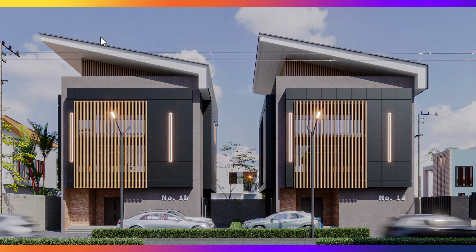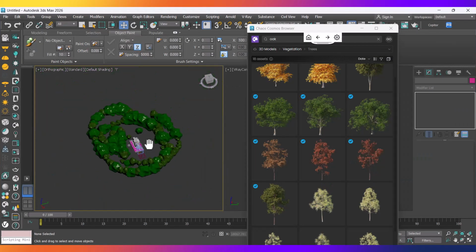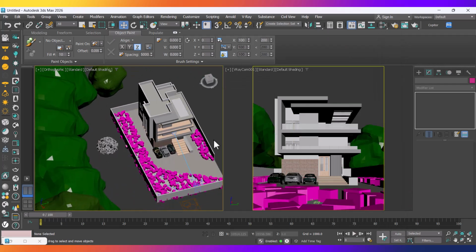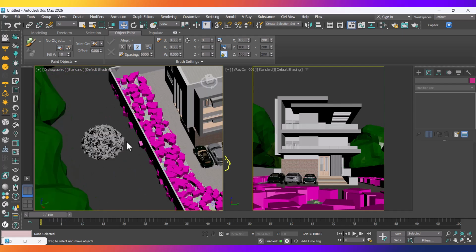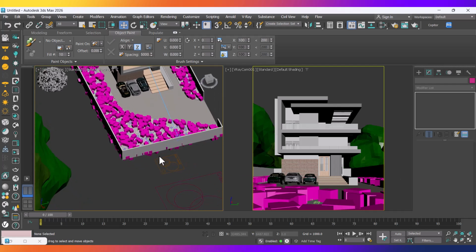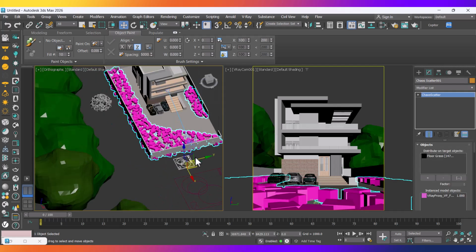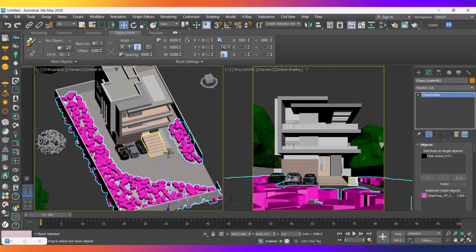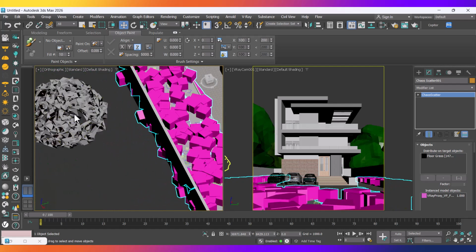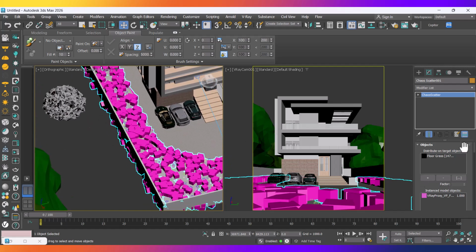So we are going to continue from where we stopped, and here is where we stopped anyway. It's looking really good. Okay, let me just quickly say this. These bushes here, these shrubs, they are looking like boxes. So if you want them to look quite like this, all you need to do is to select